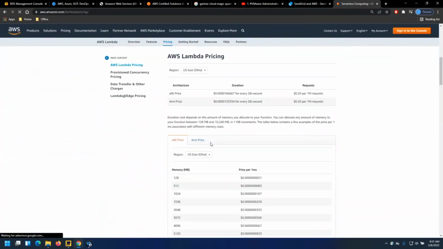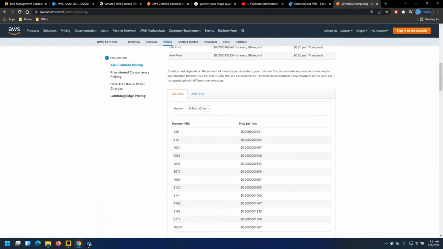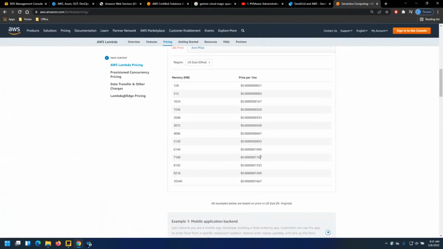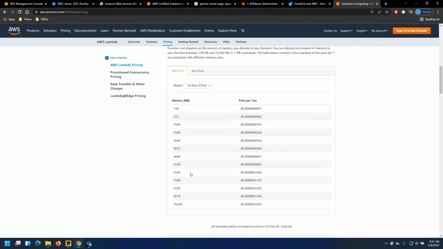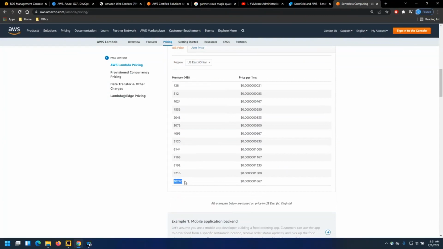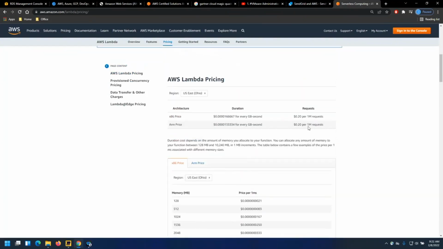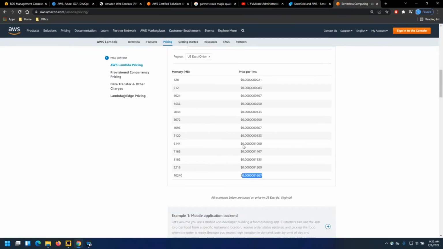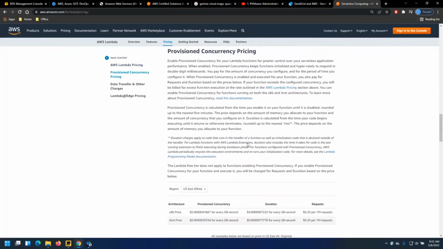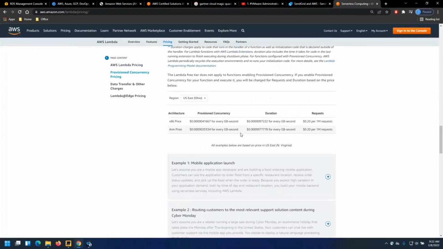Anyway, I'll show you. When you see 128 MB, 0.000021 is the dollar price per millisecond. If you are using 10 GB memory, this is the price for 1 millisecond of execution. This billing will be difficult to understand, but this is how it is designed for Lambda functions especially. Okay, all these things fall under your PaaS.